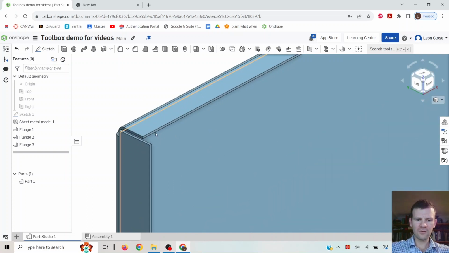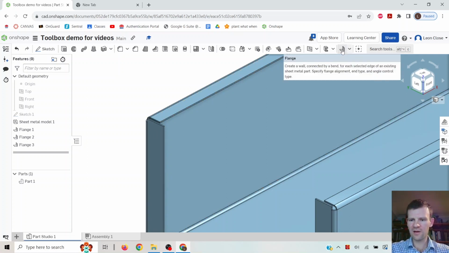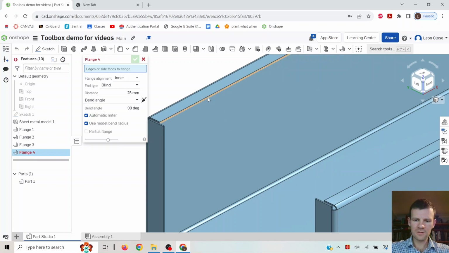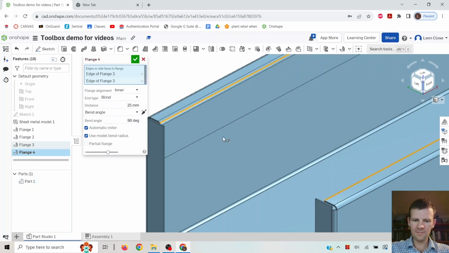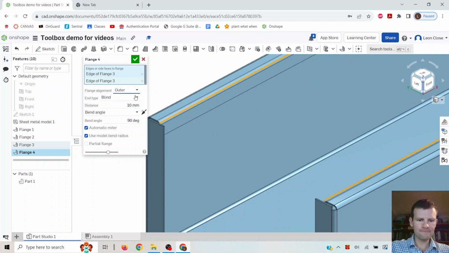Now that would be alright for a toolbox. That would be strong, but I don't really like rubbing my hand on that sheet metal edge every time I grab a spanner, so let's add some more flanges. So I'll click here and here, and that's bending that down to create a little 90-degree return. So again, I'll change that to 10 millimeters. Yeah, I'm going to change that to outer. Doesn't really matter for this part of the project, but there we go. So I'll click the green tick again,